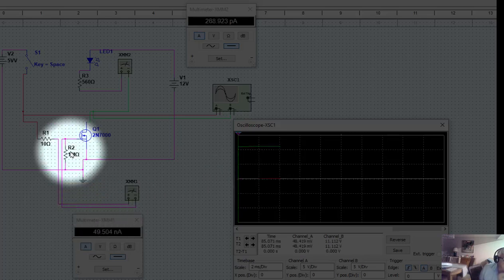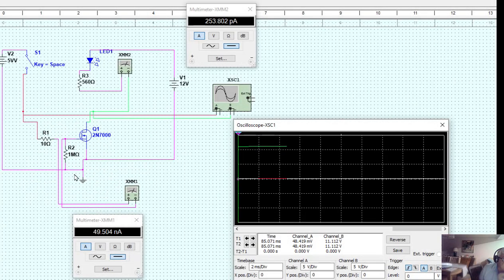It's being pulled down to ground by the 1 meg resistor on the gate here. But essentially it's sitting at ground at the moment, and its current consumption through that 1 meg resistor to ground